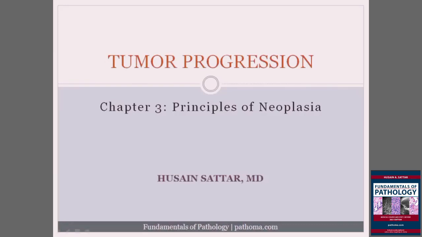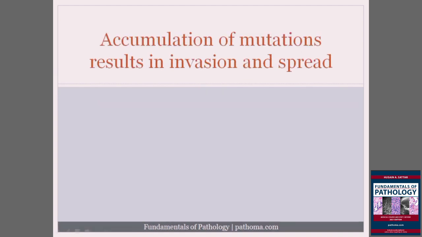Okay, tumor progression. Once you've understood the idea of carcinogenesis, and you understand that carcinogenesis is going to knock out key important regulatory elements, then the next notion is that as a tumor cell grows and begins to produce additional daughter cells, it will pick up additional mutations. And those additional mutations will allow for tumor progression. And so eventually what will happen in the case of cancer is that accumulation of mutations will result in invasion